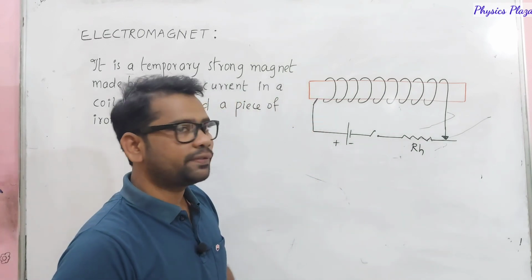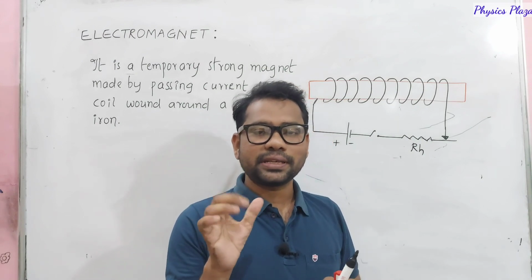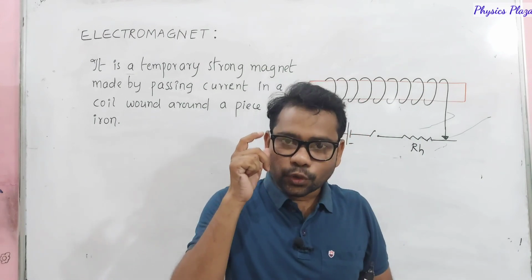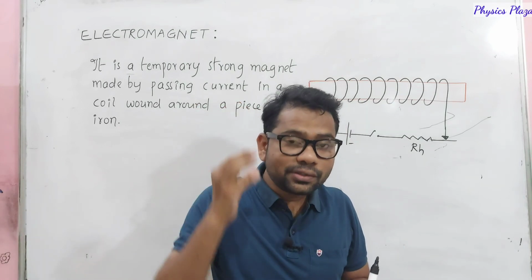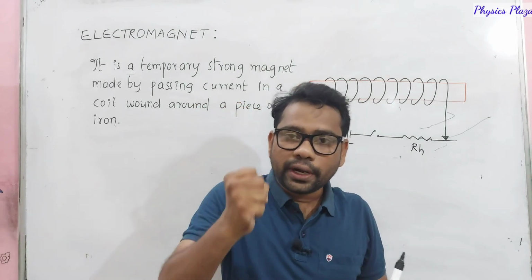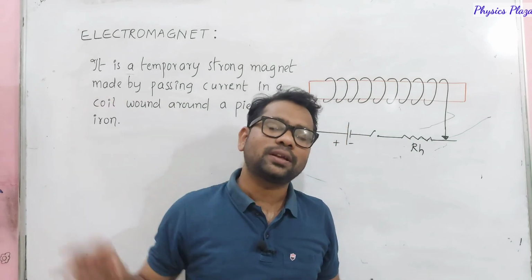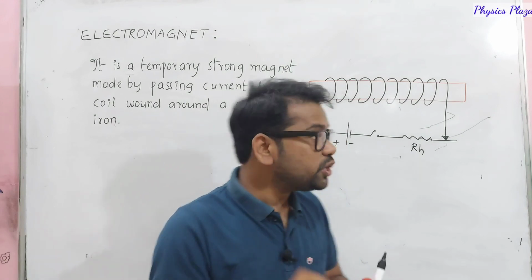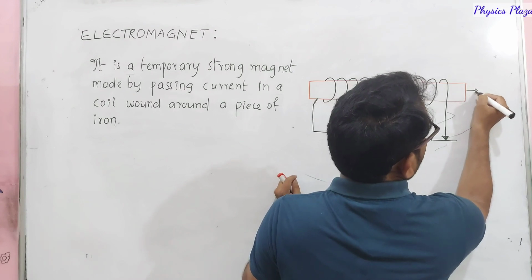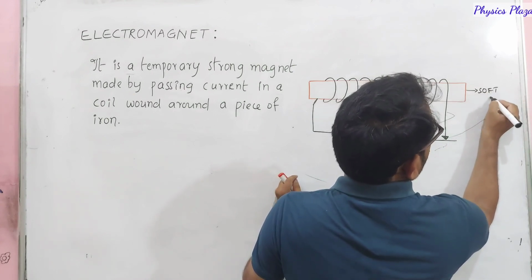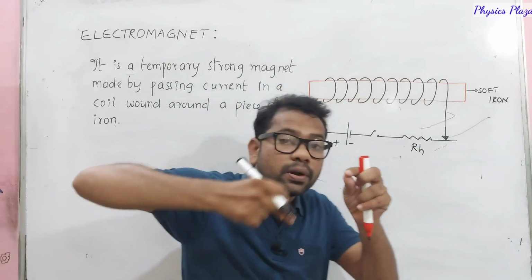Sir, what is the difference between a solenoid and an electromagnet? So first let us see the difference in structure, children. In the case of a solenoid, it is just a cylindrical copper coil. If you want to increase the strength of the solenoid, you can insert a soft iron core. Am I right? That is optional but not mandatory. But here, children, this is a soft iron core. It is mandatory,